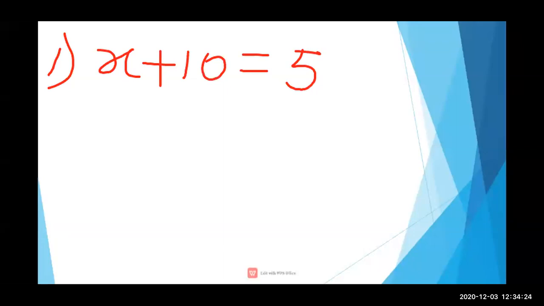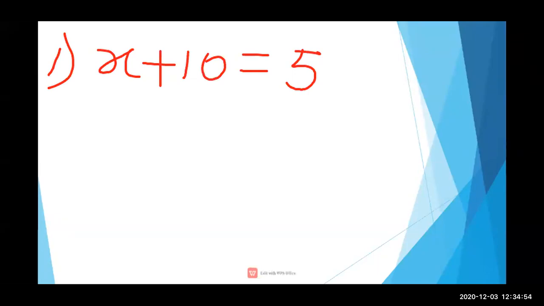Now the first step, what you have to do, I have only now explained. First you have to change the operation, and you have to write that operation in the form of a bracket also. So the first step, just listen properly. In this first step, x, that is our letter, will not change, plus 10.